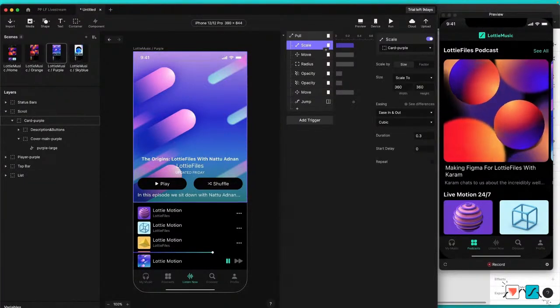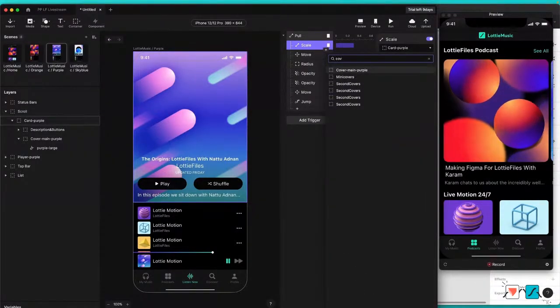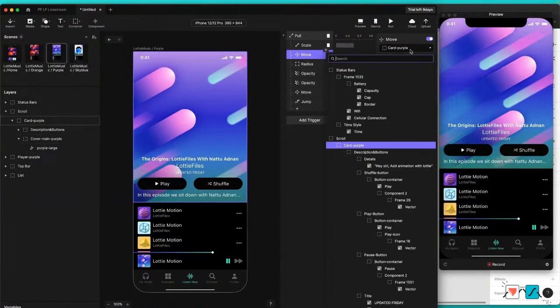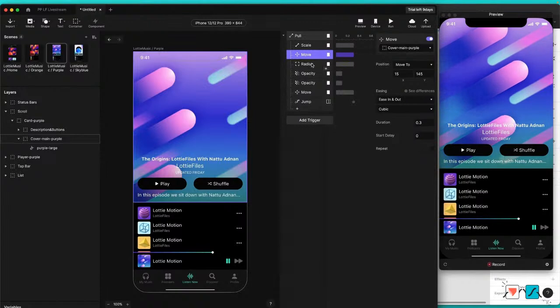And the next thing we need to do is to change this. So we are saying, you need to scale down. What exactly do you need to scale down? In card purple, we need to scale down the cover main purple. So over here, let's just say, hey, cover main purple, scale down. The same thing for this one, cover main purple, you need to move a little bit. And then,